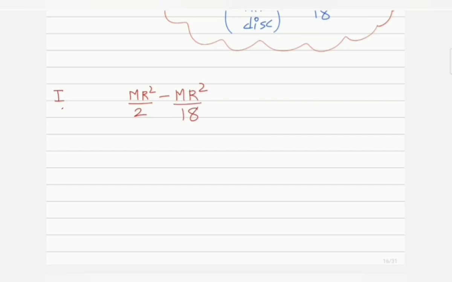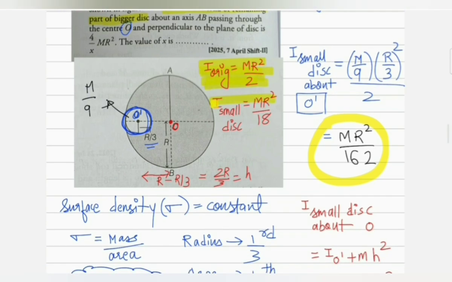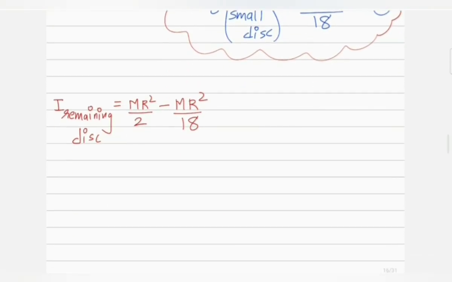So moment of inertia of the remaining disk, right, moment of inertia about point O obviously for the remaining disk will be mr² by 2 minus mr² by 18. Just I am asking you to do subtraction students, this is your equation number 1 mr² by 2, this is your equation number 2 mr² by 18. Getting the students, so moment of inertia of the remaining disk